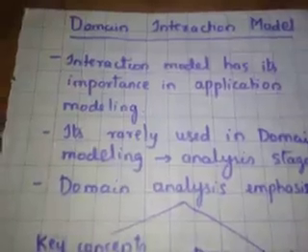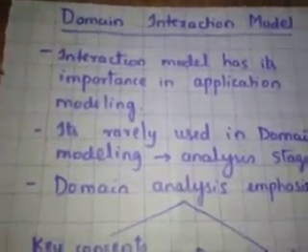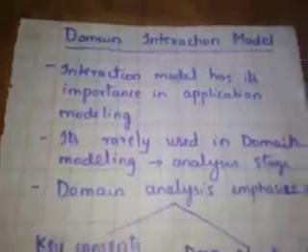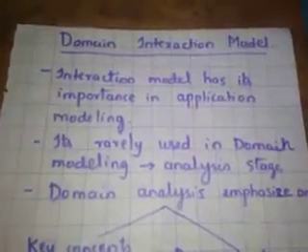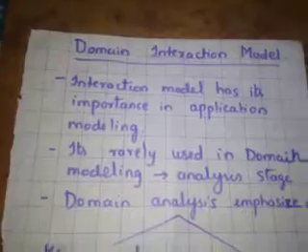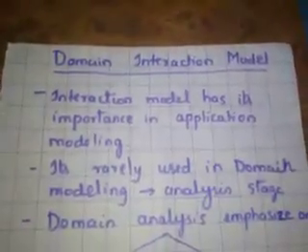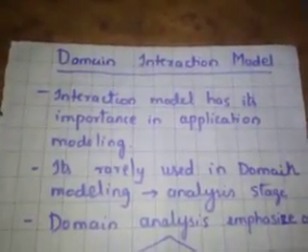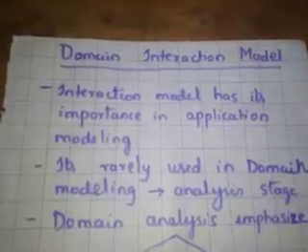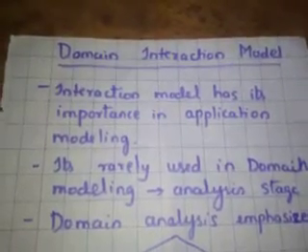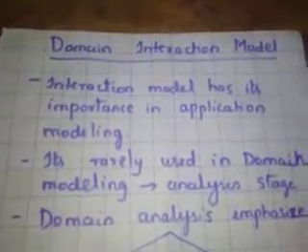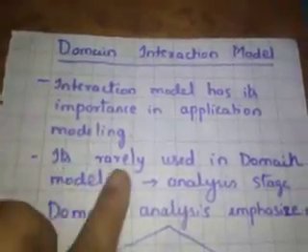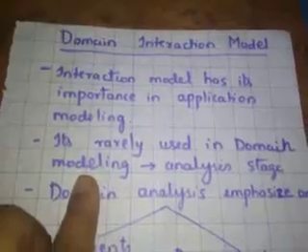Now we are studying the domain model. The domain model represents the real world conceptual classes, not the software components. And the interaction model mainly deals with the application modeling. That's why rarely we use the interaction model in the domain. So interaction model has its importance in the application modeling, and it's rarely used in the domain modeling, that too